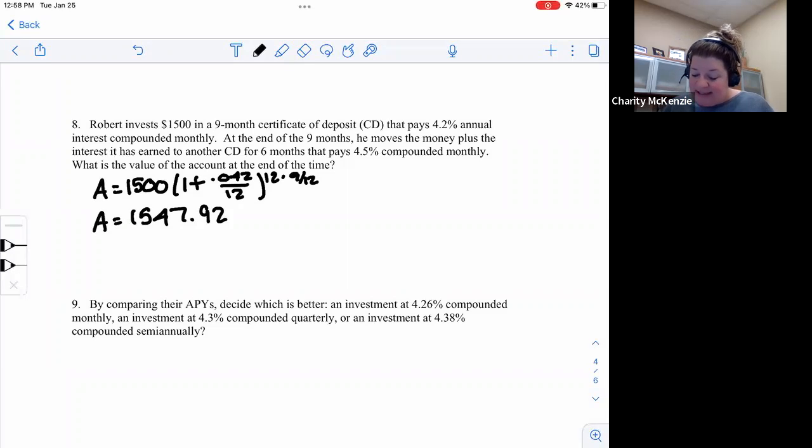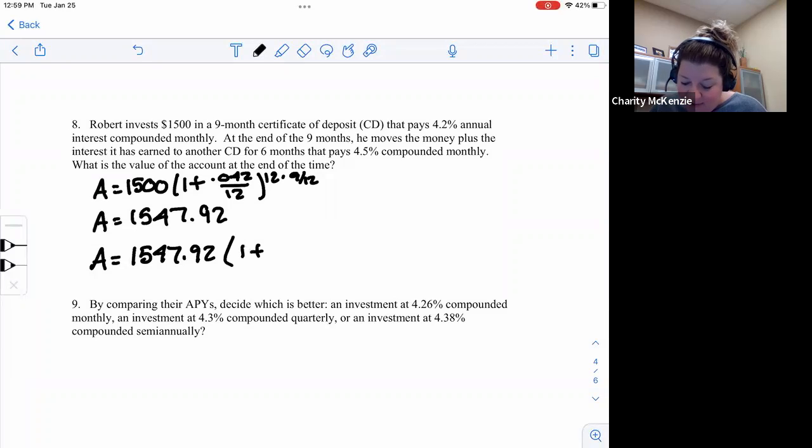for 6 months at 4.5, excuse me. So his new one would then have that principal of $15,047.92, and it's at 0.045, and it's compounded monthly, and it is for 6 out of 12 months, or 1/2, right? Okay, so I'm going to use that number,